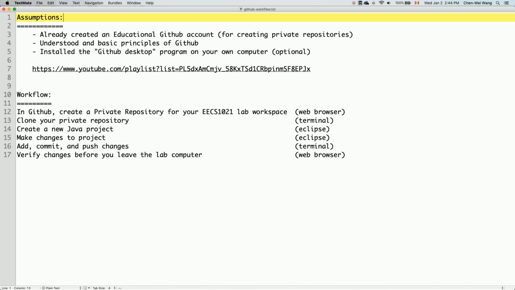Before you start the current tutorial video, we are making assumptions which you must satisfy before you continue with the tutorial series. Assumption number one, you have already created an educational GitHub account. For you to create a private repository, it's really important that the GitHub account you apply with was educational. And always when you create your lab work, it must be under a private repository so you don't share your